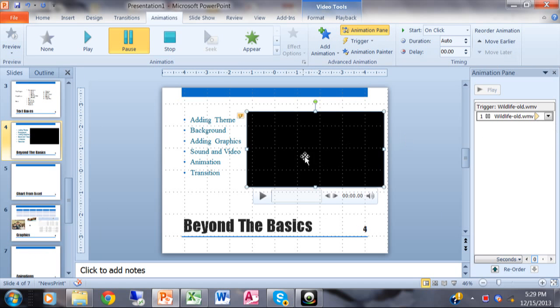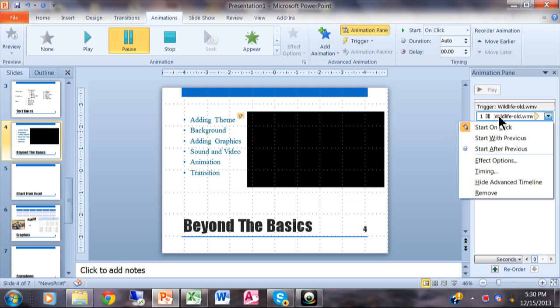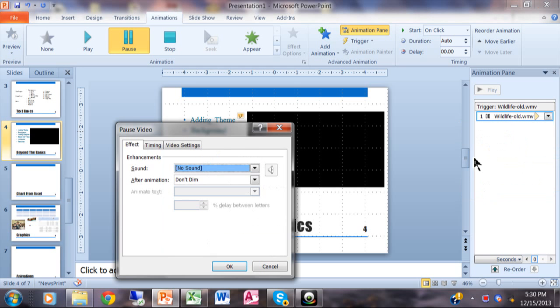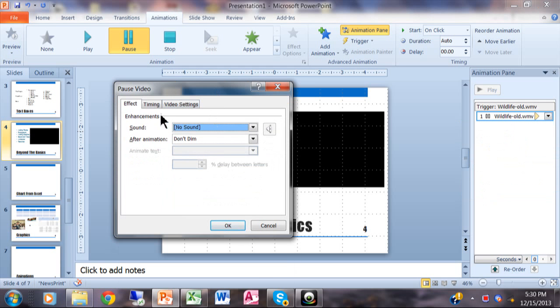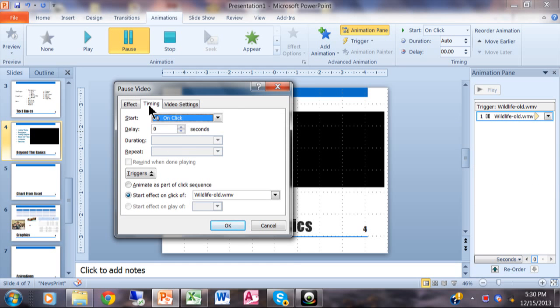Notice how it already made the video an item on the animation pane. It does consider that to be an animation. So what you do is you're going to right click on that video here in the animation pane, and you go into effect options. Now what you do is you come over here to where it says timing, and right now I have to move my mouse to it and click on it for it to play. But I want it to be automatic. So what you do is you say after previous,